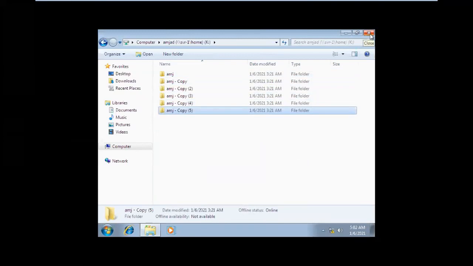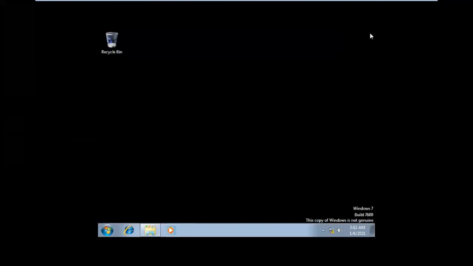I have a question for you. Where did we create the share folder? In the Amjad user, sir. Only I can access that. Where did we create the share folder? In the network, sir. No, in the server. Yes, sir. Created in the server, in the D partition, the second partition, right?